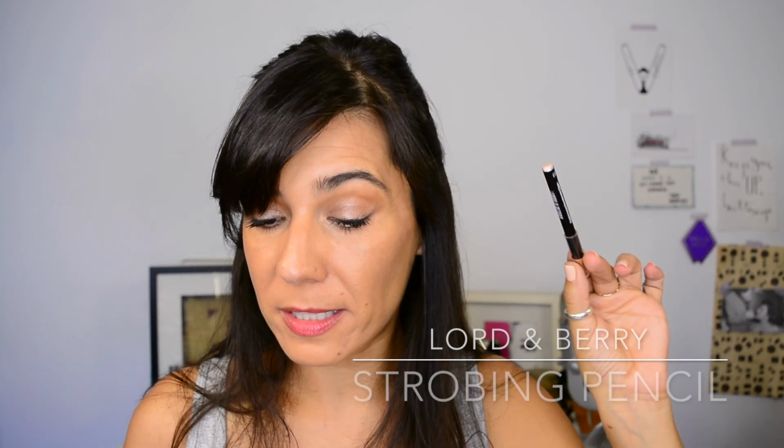Next product in the box is the Lord & Berry Strobing Pencil. Add a subtle glow to your skin with this pink highlighting pencil by Lord & Berry. This is perfect to create a radiant glow in specific areas of your face thanks to the precision tip. It is so multifunctional. You can use this on your cheekbones, brow bones, on your cupid's bow, or wherever else you fancy. It has a pretty pinky reflective pearl finish,